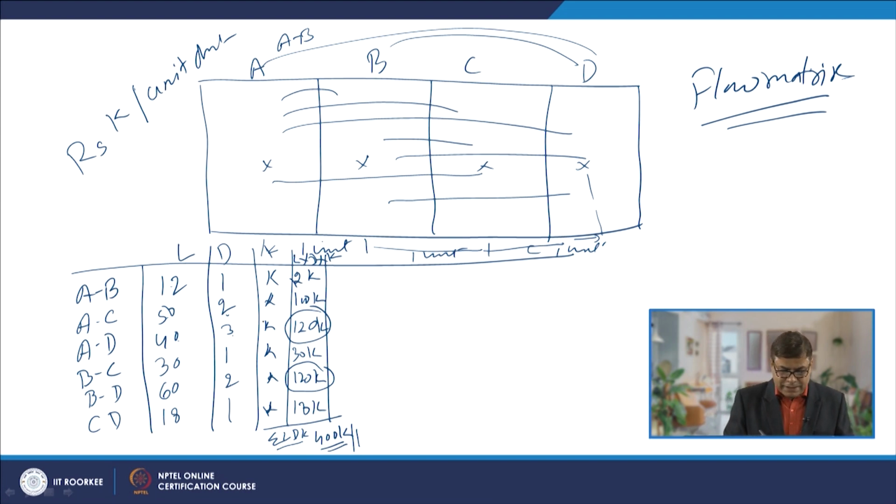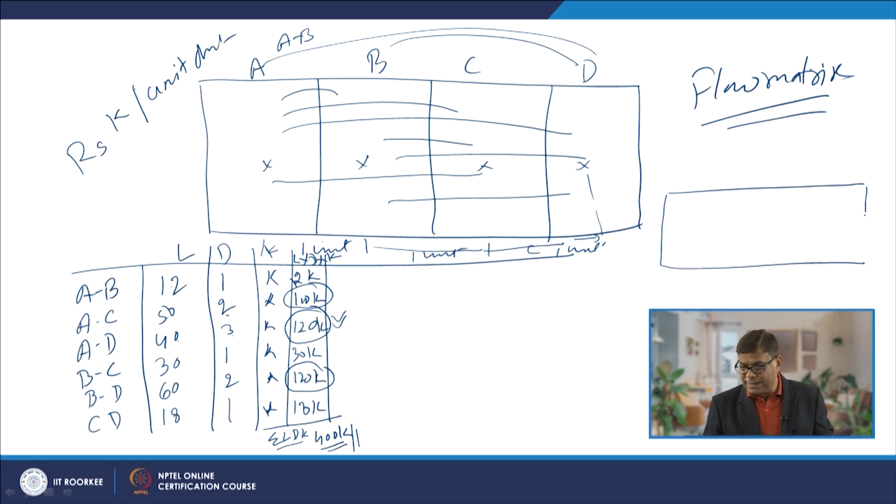Next, after this, the non-adjacent centers A and C are also causing the high cost, like 100 K. So now, first of all, we will be bringing these centers which are causing the higher cost close to each other by making them adjacent work centers. So, say if we propose in the modified form,